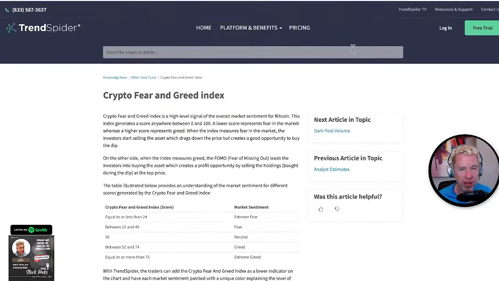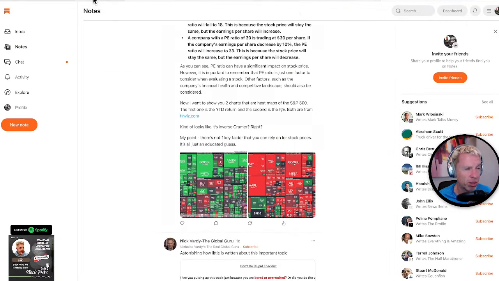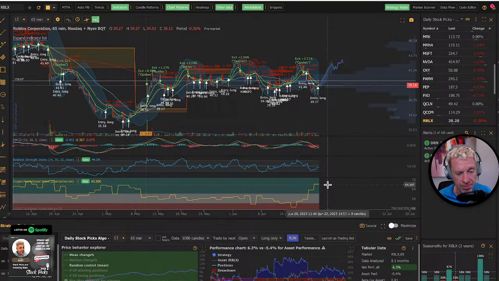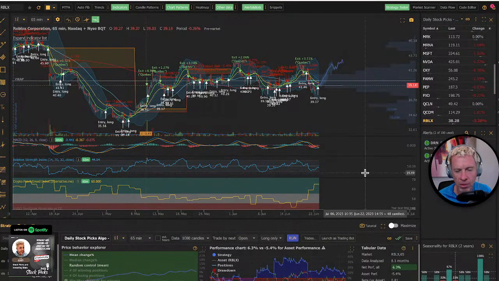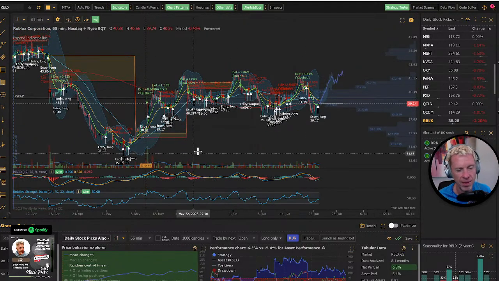So where do people feel comfortable today? It's greedy. People are being greedy. Now, down here is really when you want to buy. This is where you're going to get the bump out. And I like this fear and greed index. So now, how do I remove it? I think, do I just hit this? Yeah. Okay. Just need to pull that off.